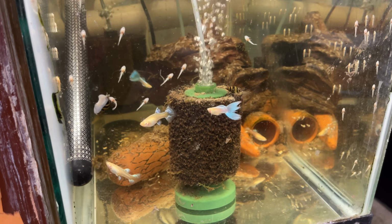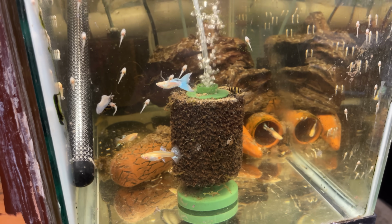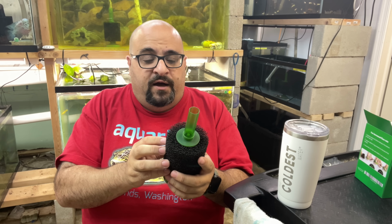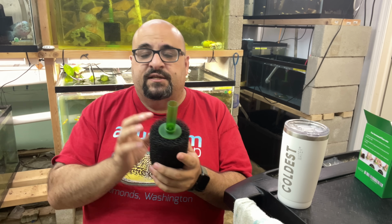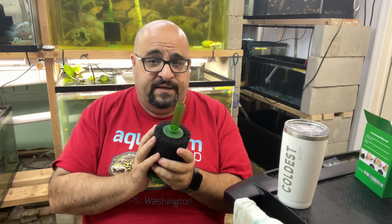The porosity, meaning the holes of the sponge, they're big. And so they allow a lot of detritus and a lot of airflow while still giving you plenty of room for beneficial bacteria. That's what I like the most about it. Now,